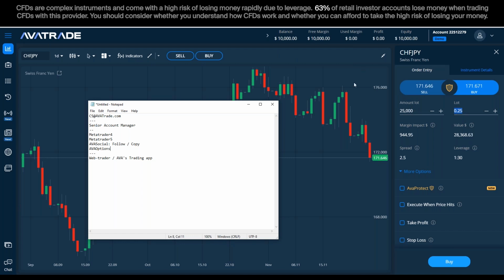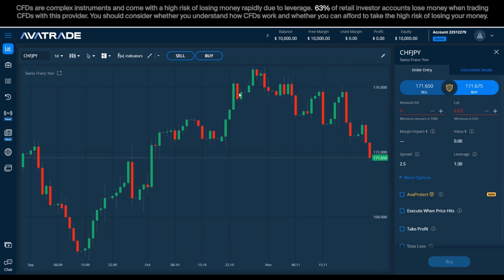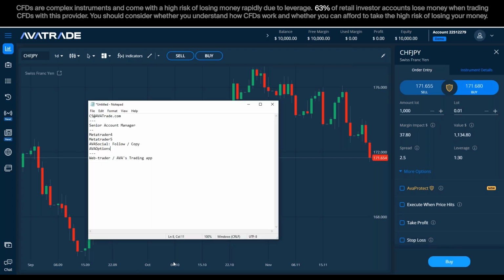So what I can do in the app, it's not something that I can show you now, but what I can do in the app is customize the difference in lot size. I'm still going to enjoy the same strategy, but with a different lot size. And that means that my account will use lower margin versus the person that I'm copying, if it makes sense. So let's just quickly recap.